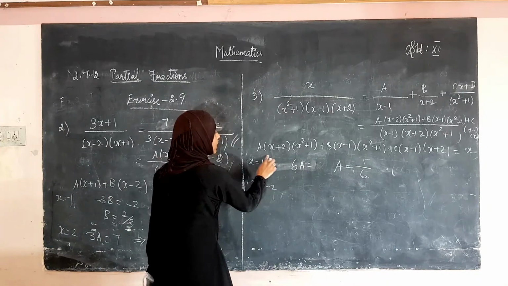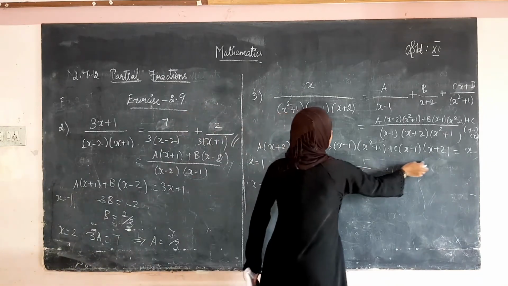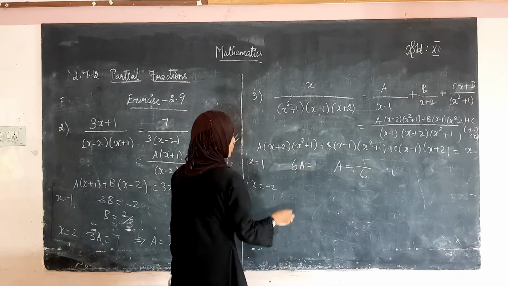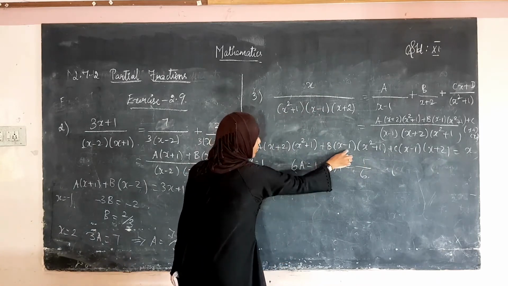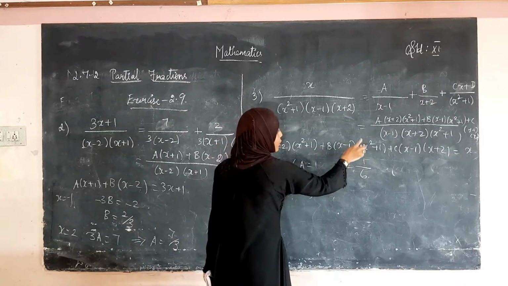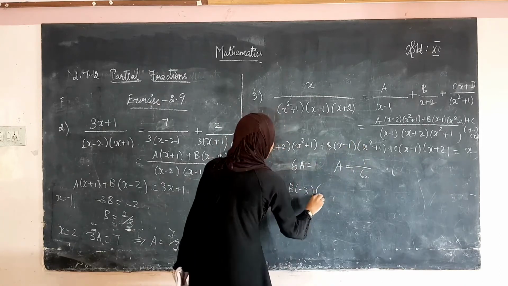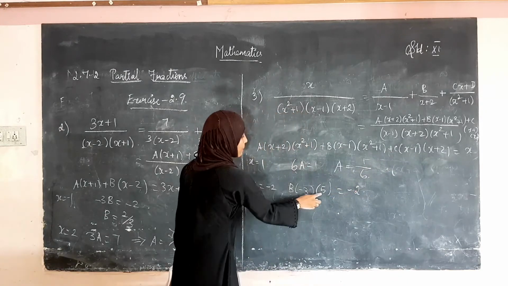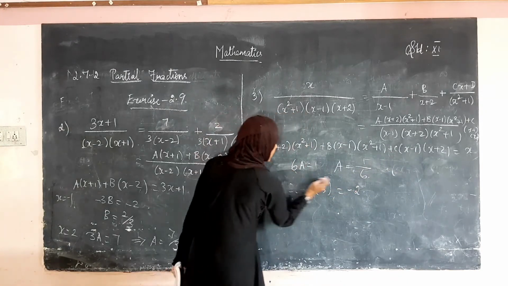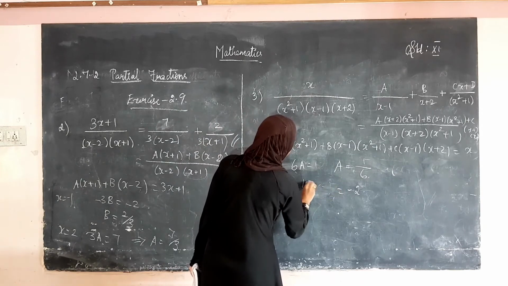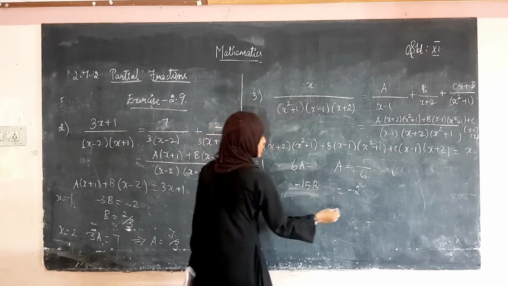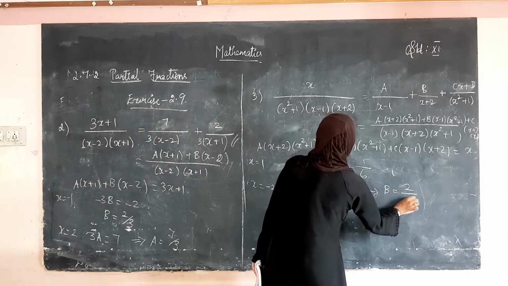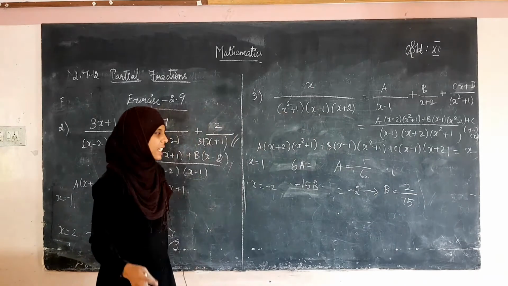So, what happens? This term becomes 0 and this term becomes 0 and the remaining term is this. So, minus 2 into b into minus 2 minus 1 is minus 3. Minus 2 the whole square is 4. 4 plus 1 is 5, which is equal to, on the right hand side we get minus 2. So, 5 into minus 3 is minus 15 into b, which is equal to minus 2. From this what we get? We get b is equal to 2 divided by 15. Next we have to find c and d.